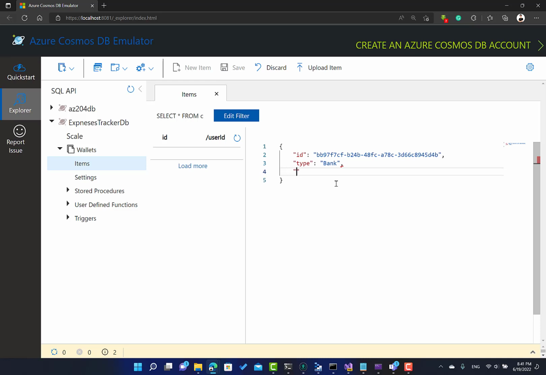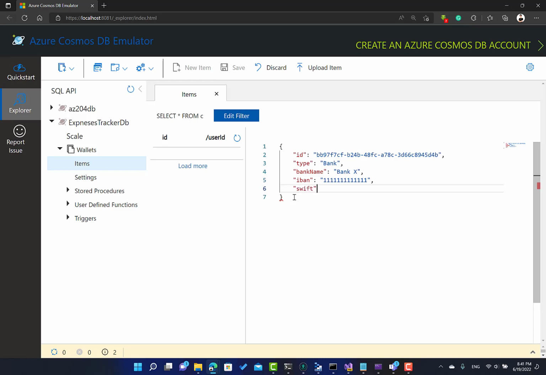and then here we are going to have, this is the power of a NoSQL database, that the bank wallet is going to be different than the PayPal wallet or any other, like a cash wallet, because bank will have some details. Maybe you can call it bank name. You have your bank name over here, so I'm going to call it bank X, and then maybe if you want to add your bank details over here so they are easy to be shared, you can add that. Maybe you don't need to do so, but